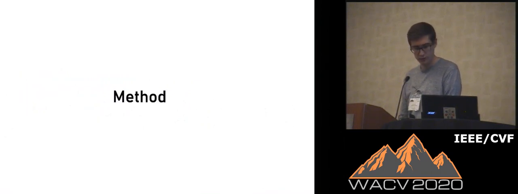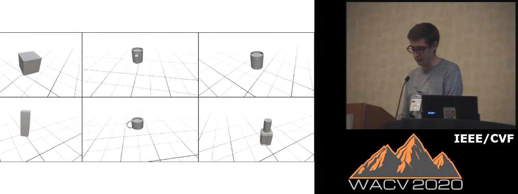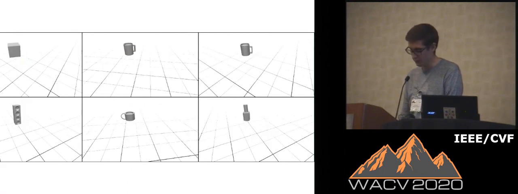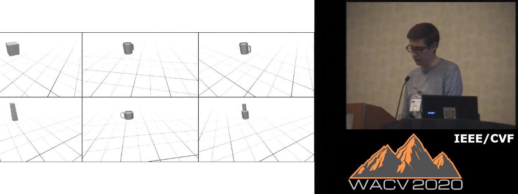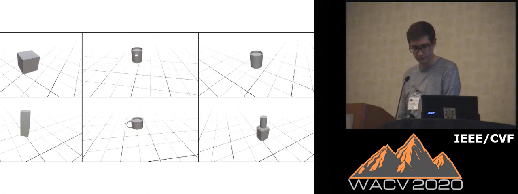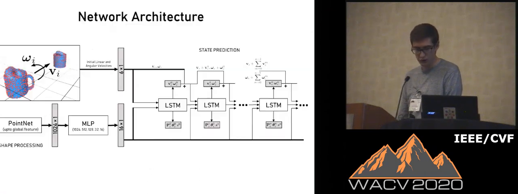We propose a neural network to predict generalizable dynamics for 3D rigid objects. The change in state of an object depends both on its starting velocities, as well as properties determined by its shape, such as mass, inertia, and the contact surface. We use these observations to design a neural network architecture with two primary parts. The first is the shape processing branch, which takes in the object point cloud and aims to learn salient shape features that are crucial to making accurate predictions. The state prediction branch uses a recurrent neural network to predict the change in state at each time step based on the extracted shape feature and the input initial velocities.